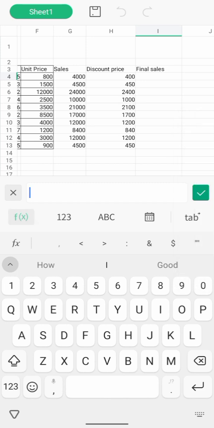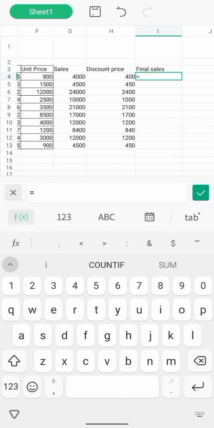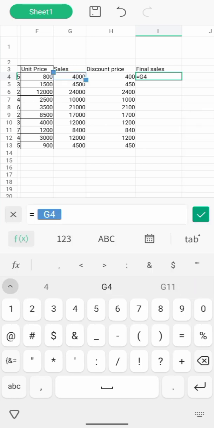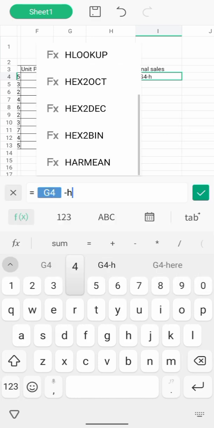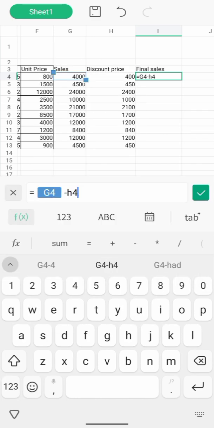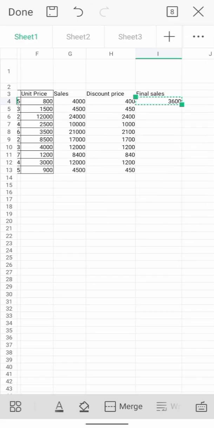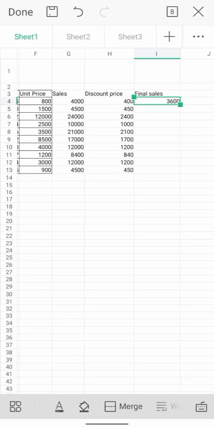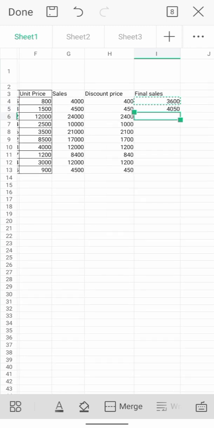Don't forget to come back to your formula, you come to your is equals to G4 minus, we have minus on your keyboard, minus H4. Then press your enter. Can you see that? So press your enter, highlight your cell again, paste,